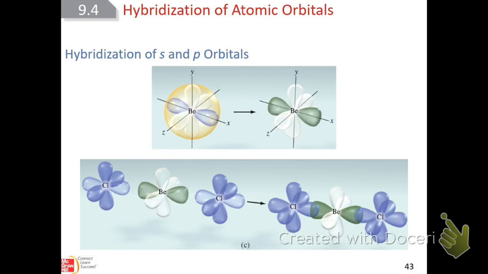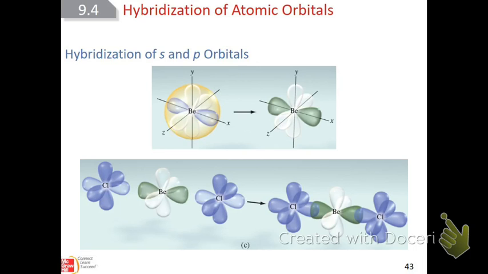Read section 9.3 in your text, and it will tell you. That's what that's talking about, okay? So now they can be hybridized or joined together. Those s and p orbitals can kind of squish all together and form hybrid orbitals, okay? And this is what it would look like. This is a hybrid orbital of where you have the,